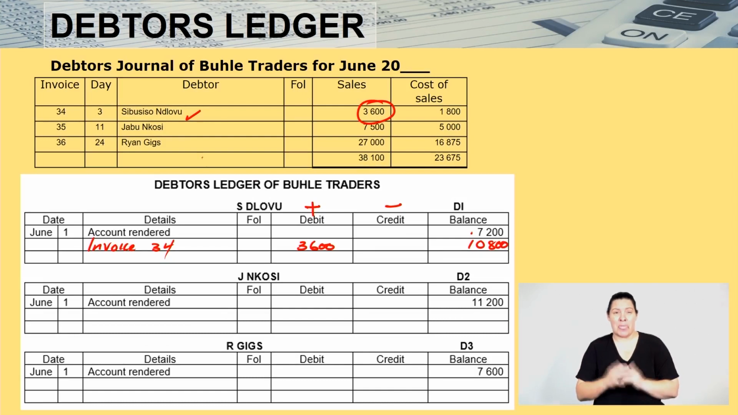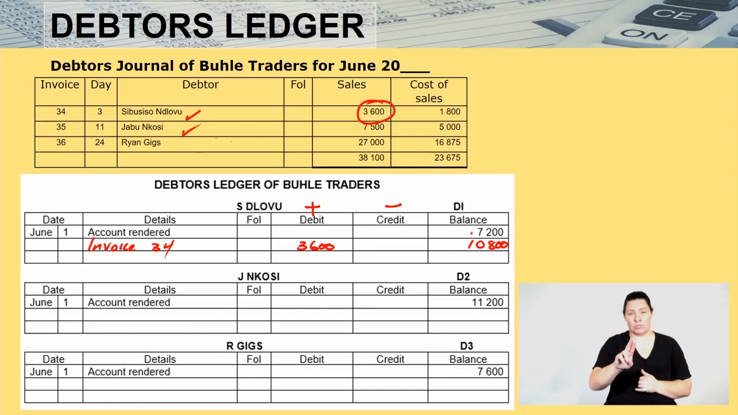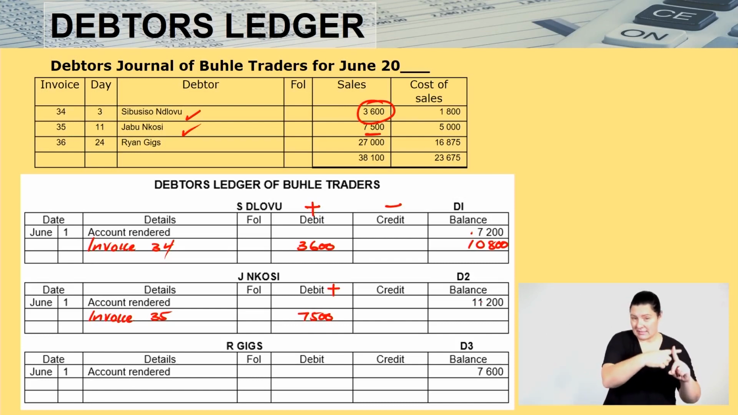10,800. Let's quickly go to Jabu Nkosi. With Jabu Nkosi, we sold goods of 7,500. So we're coming here. We're going to get again another invoice, which is invoice number 35. And the invoice is for 7,500. Remember, debit is plus. 11.2 plus 7.5 gives you